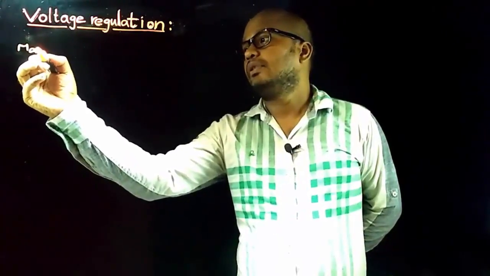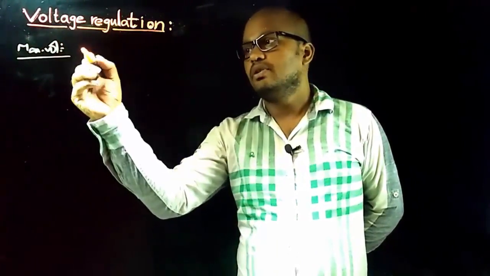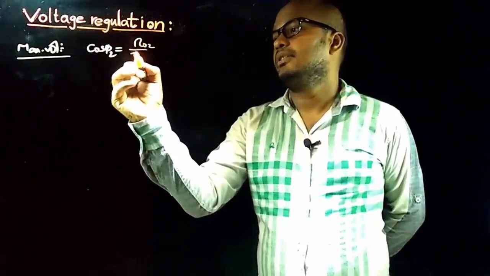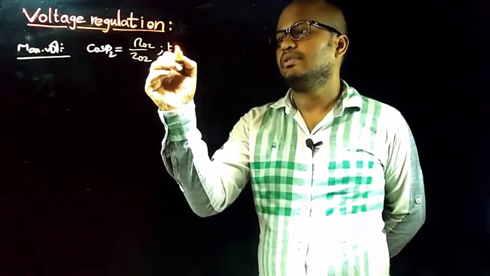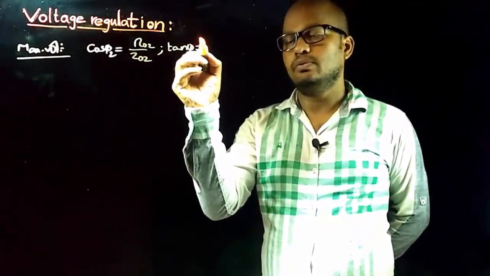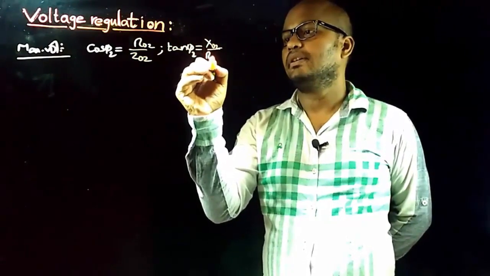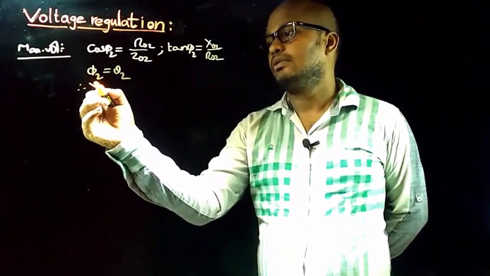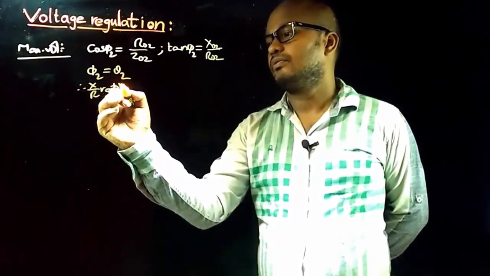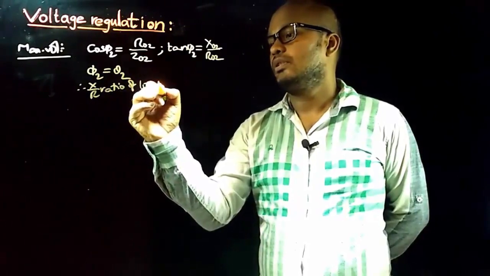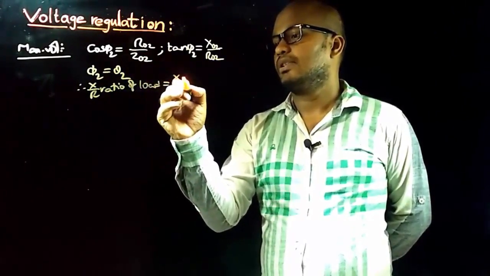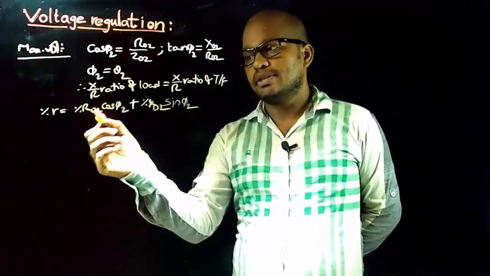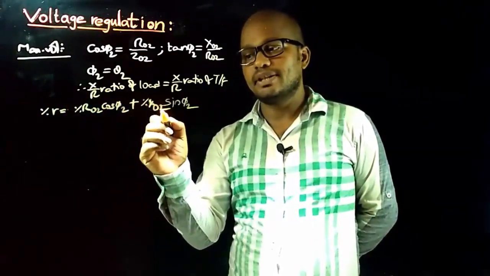Therefore, for maximum voltage regulation, we got cos phi 2 is equal to R02 by Z02, tan phi 2 is equal to X02 by R02, phi 2 is equal to theta 2, and the X by R ratio of load is equal to the X by R ratio of transformer. We have percentage regulation is equal to percentage resistance drop into cos phi 2 plus percentage reactance drop into sin phi 2,